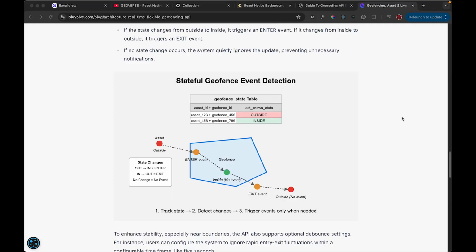Hi guys, in this video I'll be explaining a concept called geofencing and how you can use that inside a React Native application. I will also explain how you can implement geofencing in the backend at the end of the video. But this video will be completely focused on how you can do it in React Native